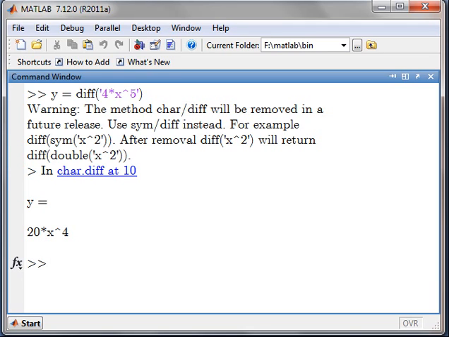Use sym or diff instead. For example, diff of sym of x to the power 2. After removal it will return double. Okay, so today MATLAB will run this command, but in future it may happen that it will not run. So you have to define x as sym.